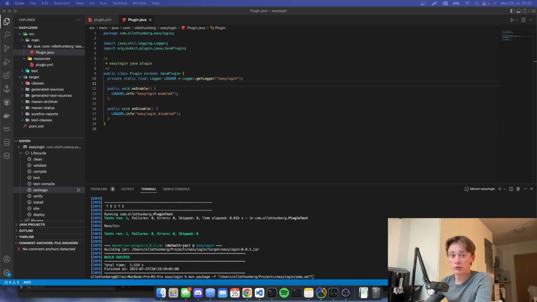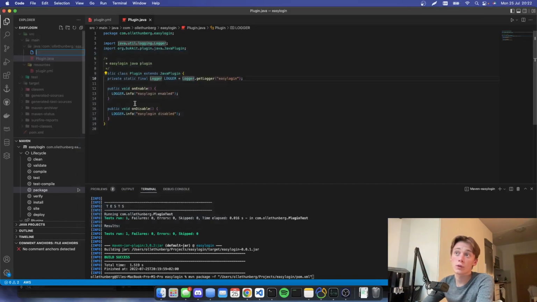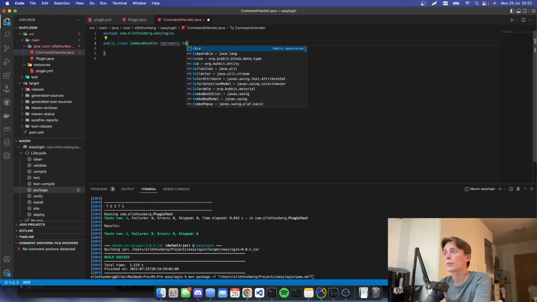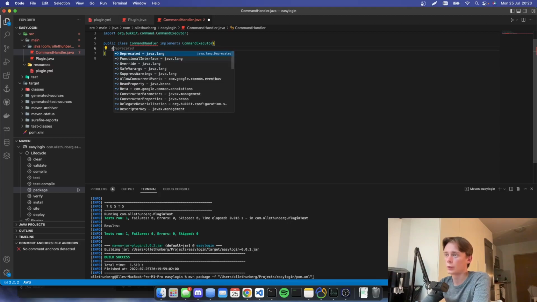So basically, first of all, we are gonna do a command handler. We're gonna create a new Java class called CommandHandler.java. This is the way I usually do it. In the CommandHandler, it's going to be a public class and it will implement CommandExecutor. And then we're going to override